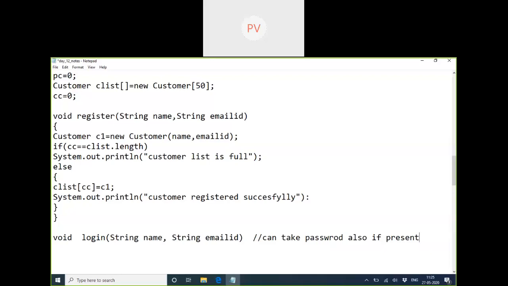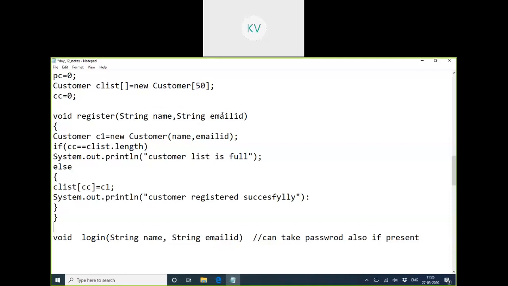Otherwise you have to write that. A registration form will have a lot of data: username, first name, last name, mobile, email ID, password, reconfirm password, and all those things. You can write that procedure slowly. In this registration you can write a lot of things, and at that time the customer class should also be lengthy, with more variables.